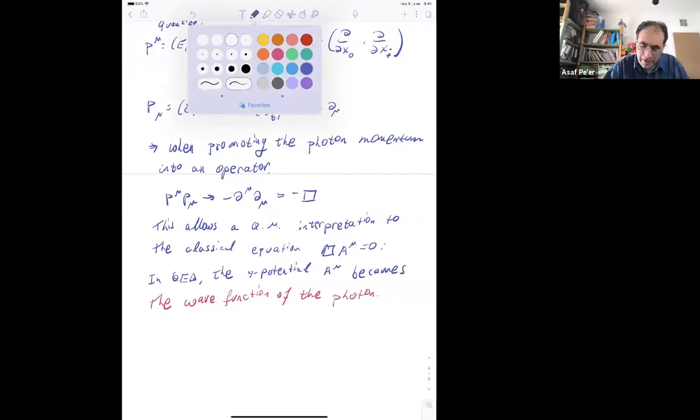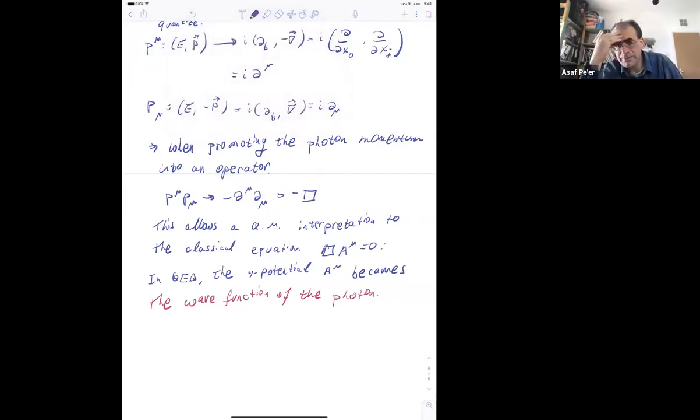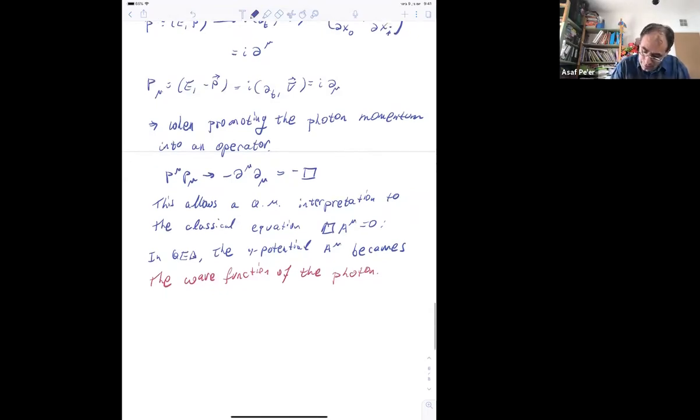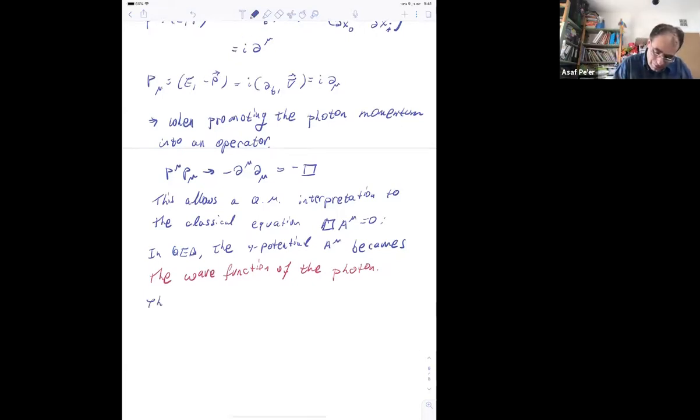Right, you already seen that it travels at the speed of light in vacuum. So the classical equation, the Lambertian of A mu equal to 0. Remember, it's a classical one. It's a 4-dimension, but it's a classical. I did not quantize anything. Now I quantize, right? This is a classical. So the classical equation